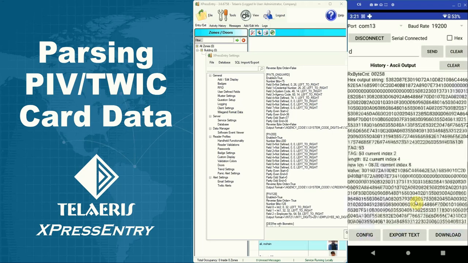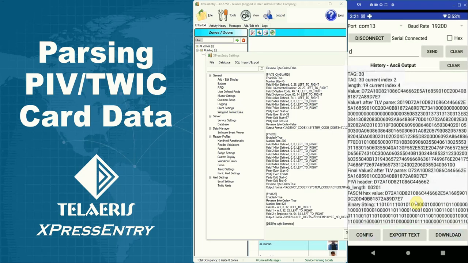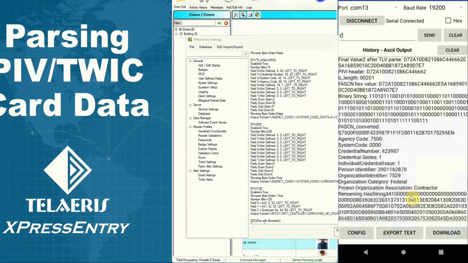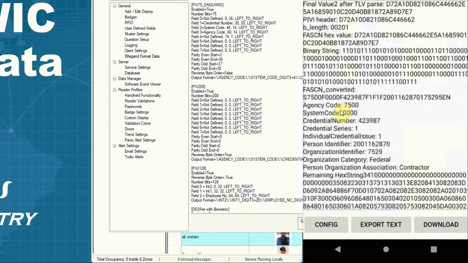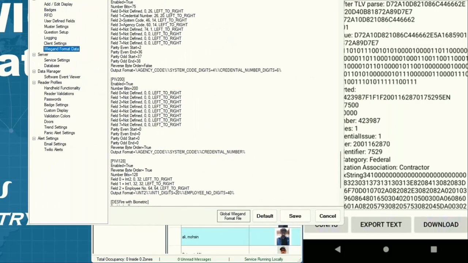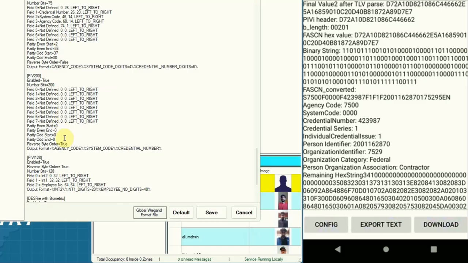And as you can see, we have a lot of data and it will show you the data that you can pull out of the card. You can see the agency code, the system code, the credential number. And on our end, the default is a combination of the agency code, the system code, and the credential number. So here, the agency code is 7500, the system code is 0000, and the credential number is